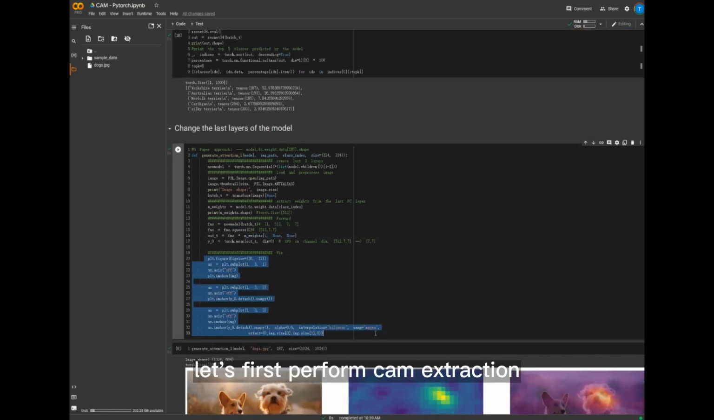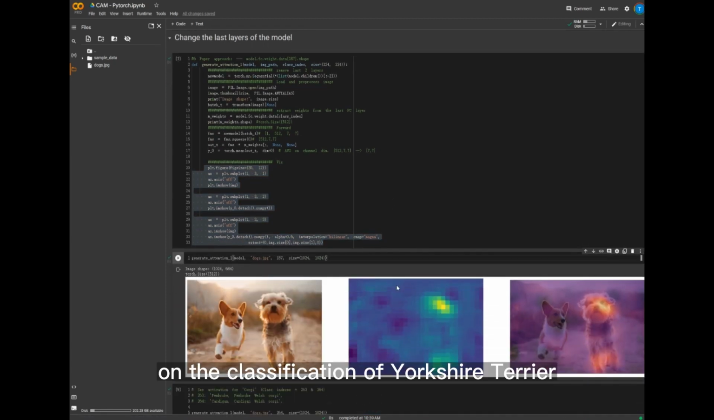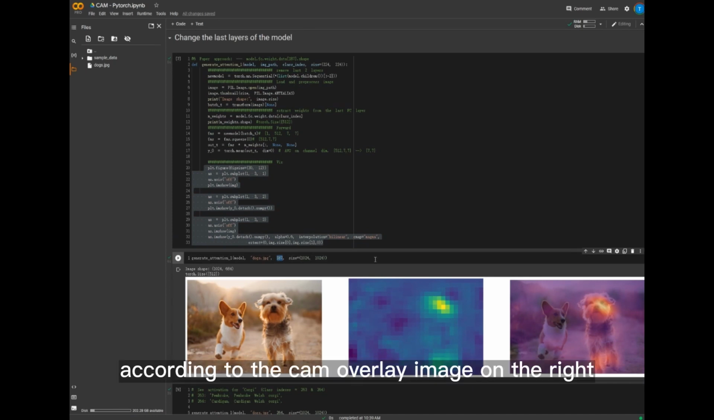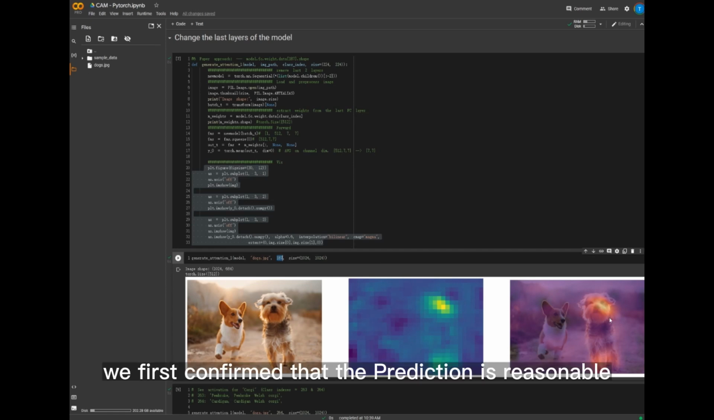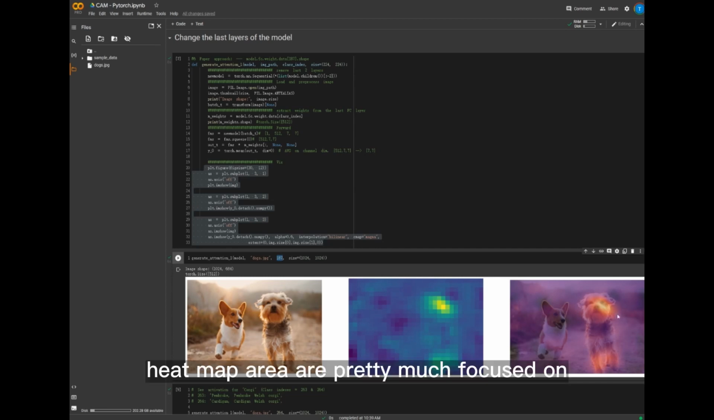Let's first perform CAM extraction on the classification of Yorkshire Terrier, whose category index in ImageNet is 187. According to the CAM overlay image on the right, we first confirmed that the prediction is reasonable. The heat map area is pretty much focused on the Yorkshire Terrier. After careful observation, we found that the area with the largest activation is concentrated on the face, wavy hair,